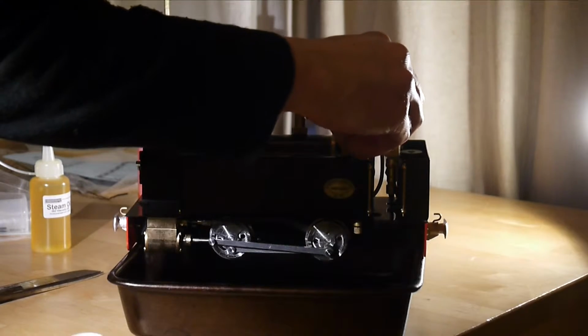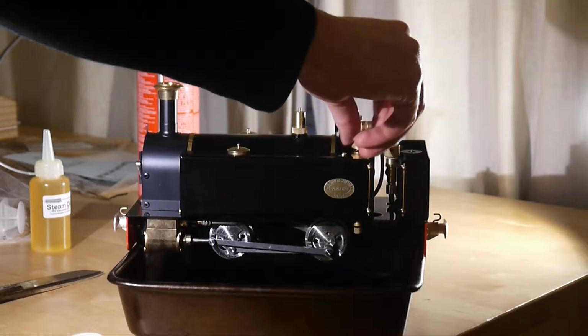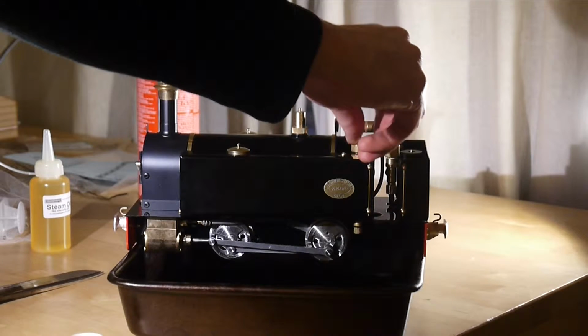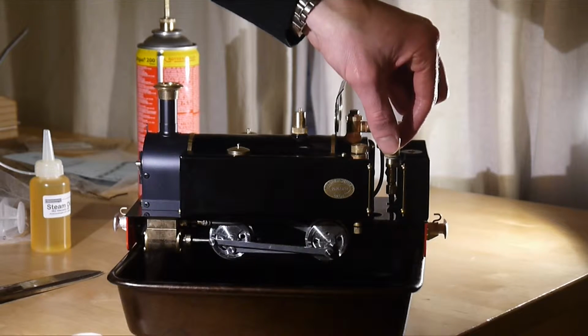So, finger tighten because there's an O-ring on there. Okay, now